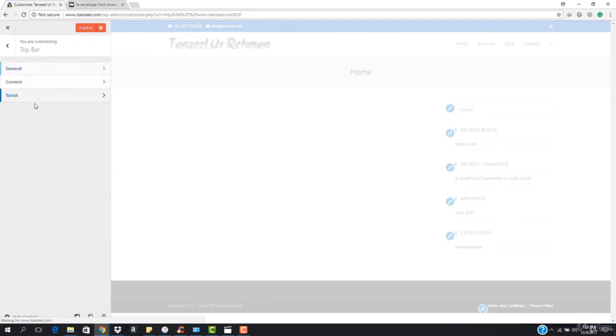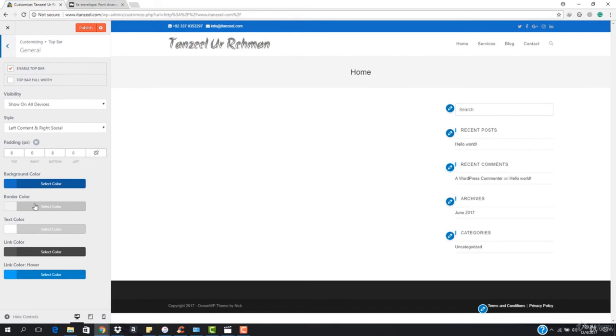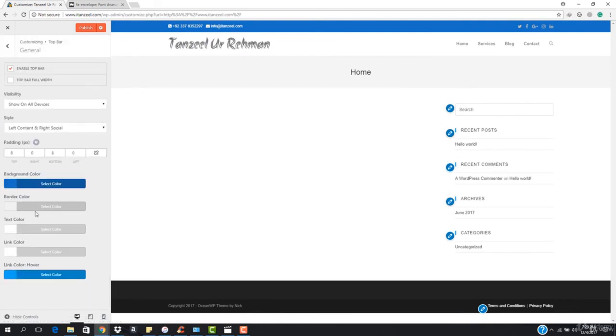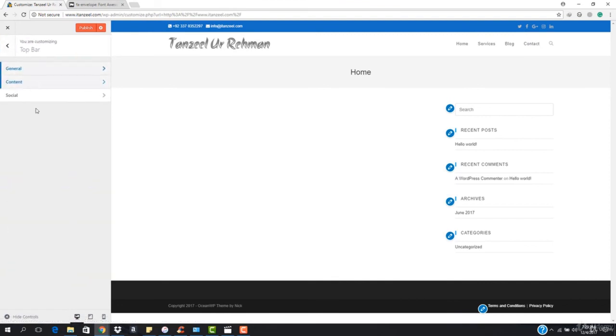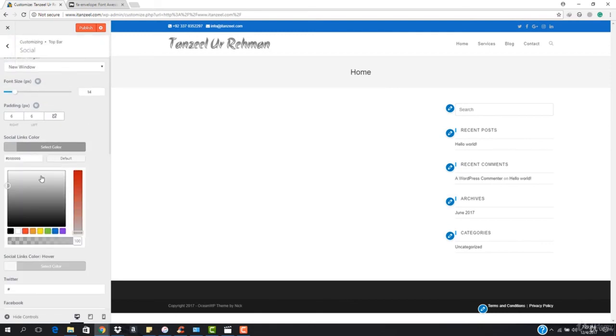Okay, let's go back. Let's go to the general options, and we have the link color. So you can choose the link color as well. I'm going to select this to be white as well. The border color should be white. And here we go, you can see how this is looking. Now let's go back and go to social right here. For social links, I think I should choose it to be black,